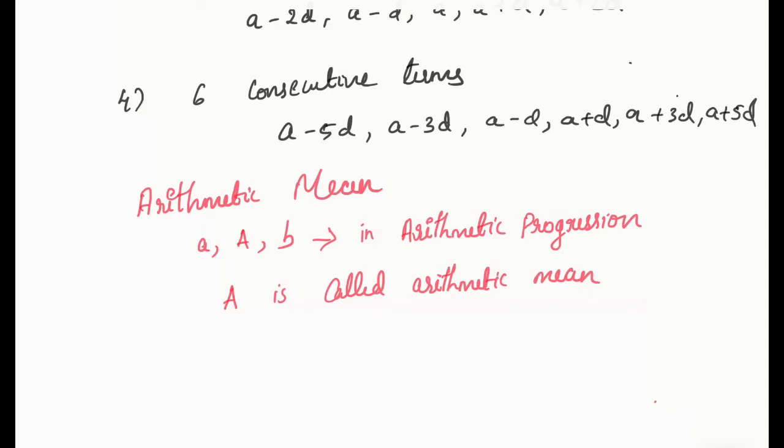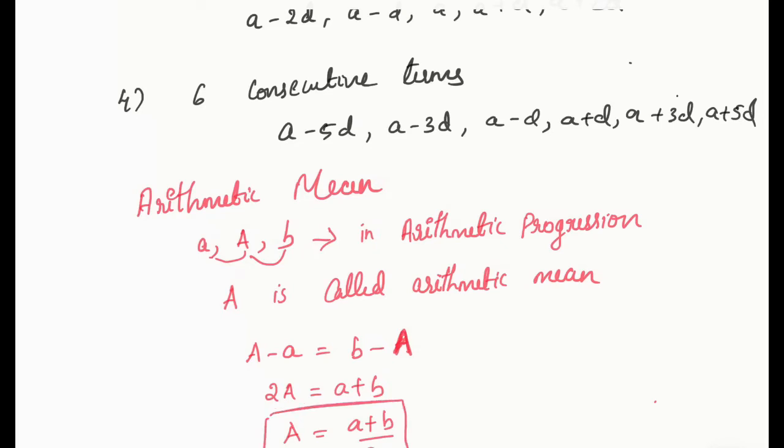Okay. So how do we take it? If these 3 are in AP, because of the common difference, you can write: A minus A will be equal to B minus A. Correct? Did you understand the concept? Taking the common difference of the AP. So if it is so, you can take this A this side. What you will get? 2 times A is equal to A plus B. So what will be A? A will be equal to A plus B by 2. This is how you find the arithmetic mean between two numbers. Hope it's clear to you all. Okay.